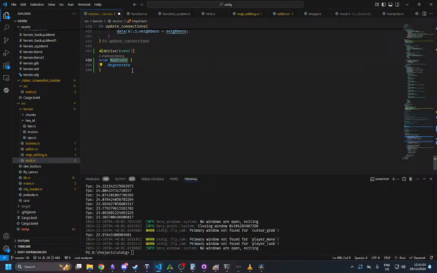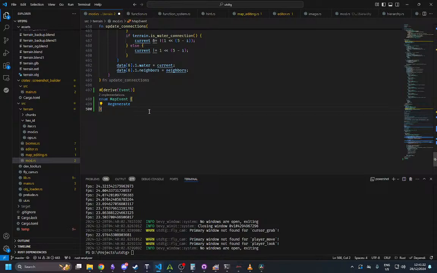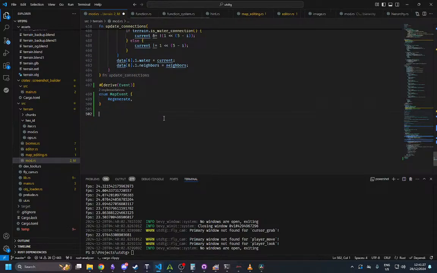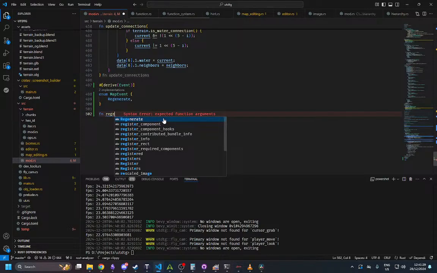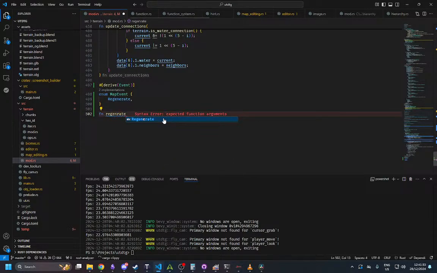That would probably work just as well, because having an event that does nothing but trigger a system to run, you might as well just run it with a single system. But I think doing it in a system so it runs in parallel, just to be a little bit faster, would be better. So in here, we're going to have to have a system to regenerate the map. So I have a regenerate system,